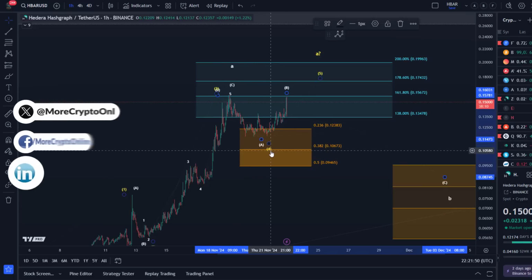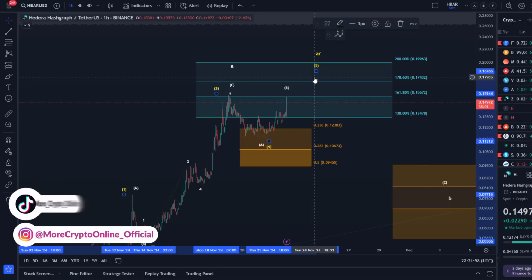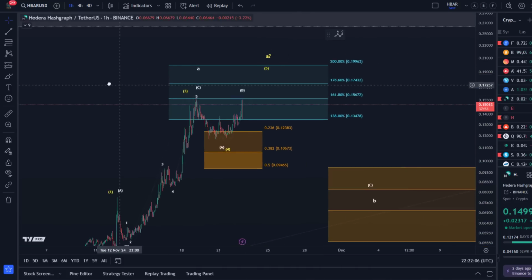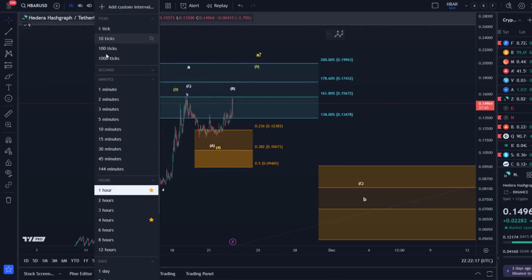In the yellow count, one more high in wave 5. Essentially, they are not much different from each other because even B waves can overshoot in flat corrections. They don't have to overshoot, and so far it has just formed basically a double top. And yeah, the idea of calling this an A wave, B wave, and the C wave down would be ideal. All right, that would be ideal, but I'm not convinced yet that really the white B wave has formed a